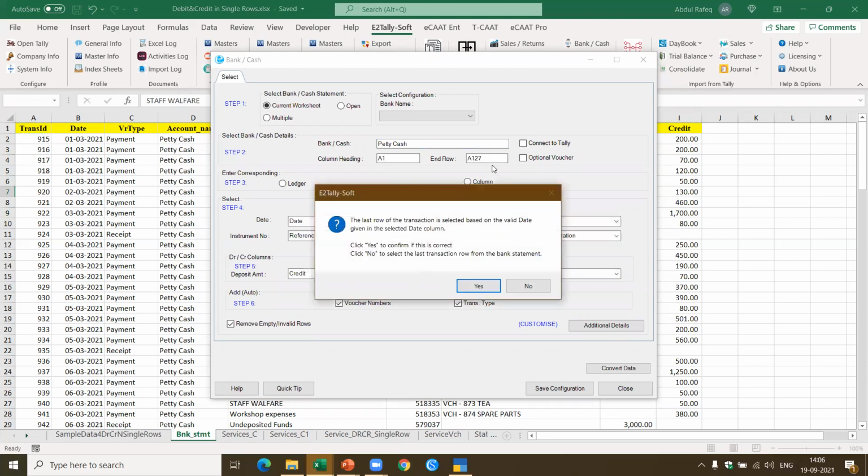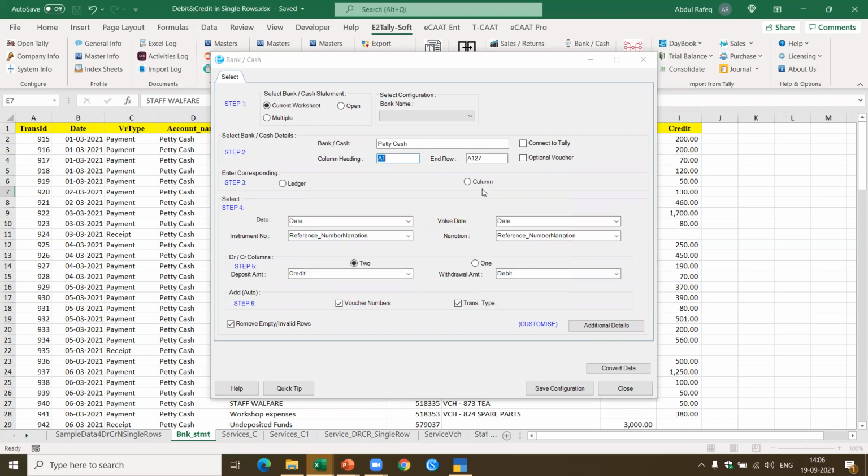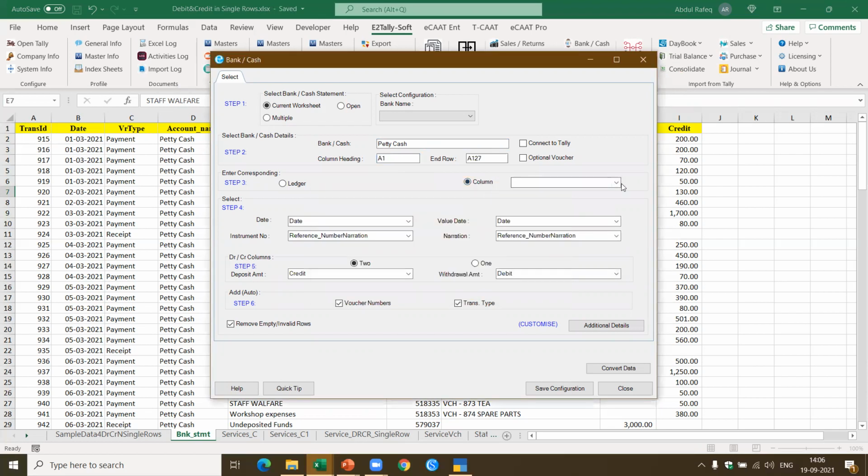Based on that, this is selected. Now I have to select the corresponding ledger, which is the corresponding column, which is the transaction details ledger name. Yeah, this is what I missed. So petty cash will be debited and the corresponding ledger names as given in the column transaction details ledger name will be credited. So depending on the type of the transaction, as a debit or credit, automatically the transaction will be converted.